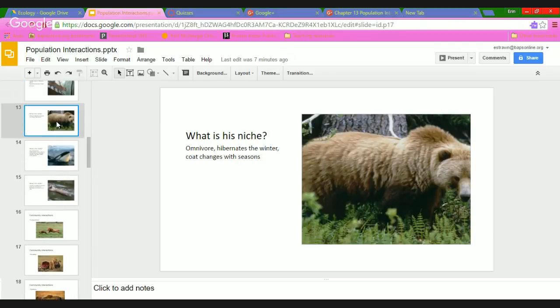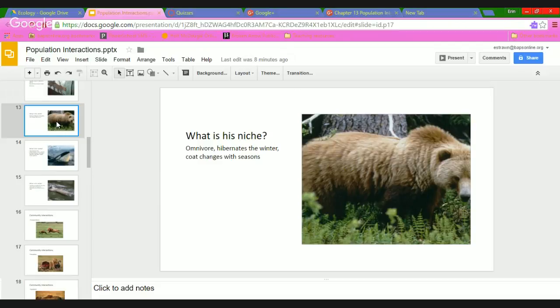Next, we have the grizzly bear. He's an omnivore. This has obvious advantages. When hunting is difficult, he can always forage plants, and when the plants are unavailable, he can always hunt. Also, he can walk up on a tasty carcass every now and then, and he's able to eat that as well. He also hibernates through the winter, which means that he's avoiding the roughest time of the year so far